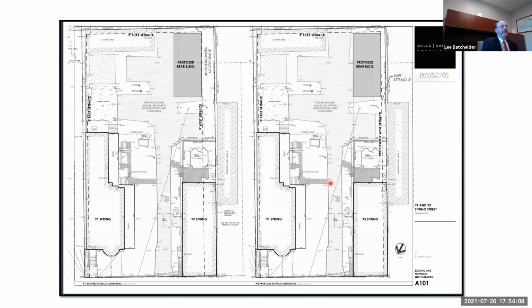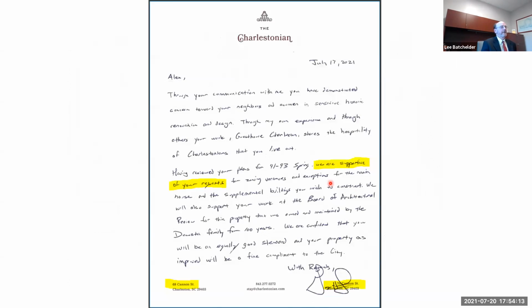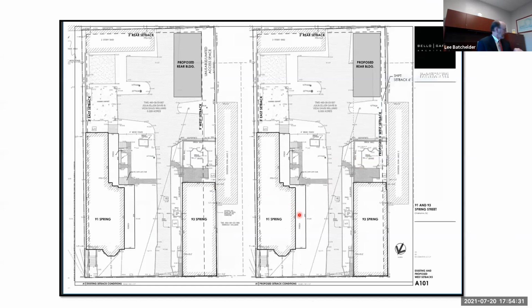They have obtained a letter, this letter right here, from George Seago, who owns the property to the rear on Cannon Street, 68 and 70 Cannon Street. And he indicates that he supports the request in this letter. And I'm told that there is a letter from the neighborhood association. I don't think I have that, but there's a letter from the neighborhood association indicating that they're fine with this, from